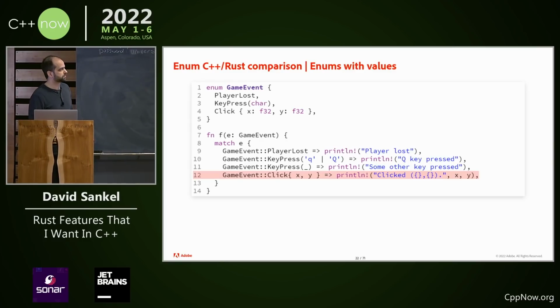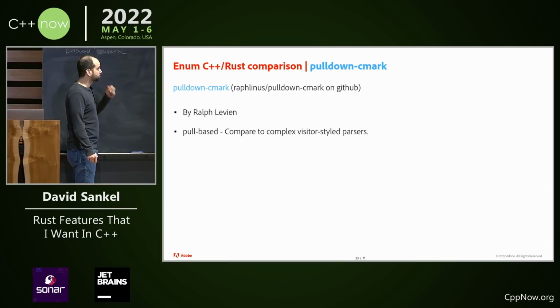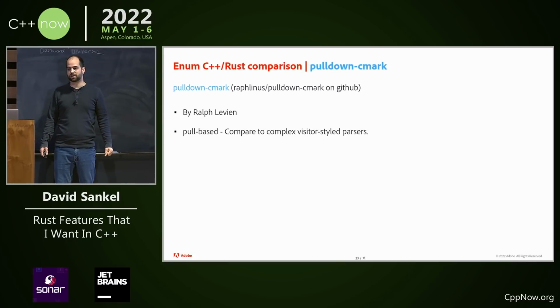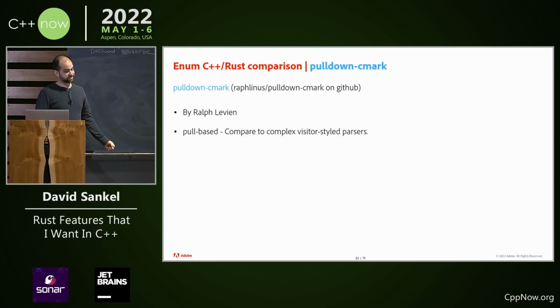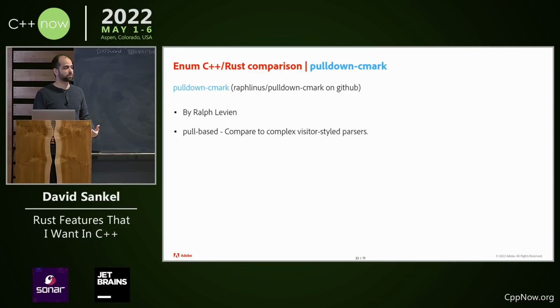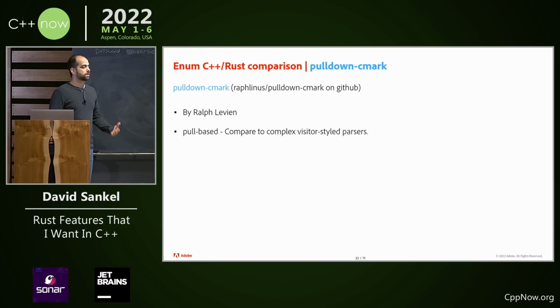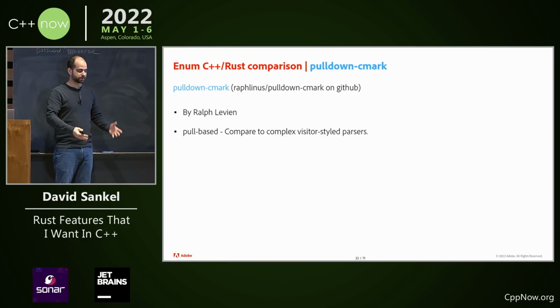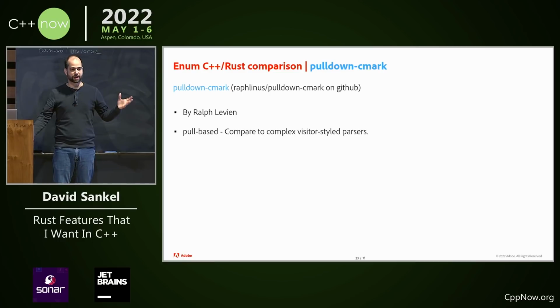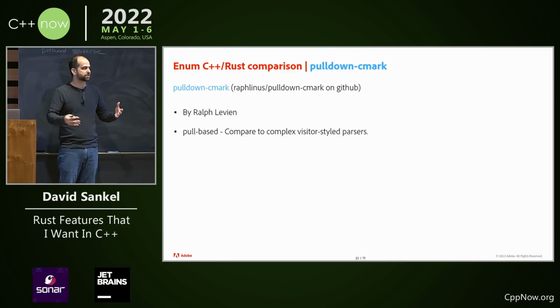So what would you do with something like this? There's this library called pulldown-cmark, written by Raph Levien. So this is a pull-based parser. Now, when you talk about parsers for something like Markdown, you have a couple of different varieties. One would be you parse your Markdown into an abstract syntax tree, right? It's like a DOM-style way of parsing things. So that's one way of doing things.